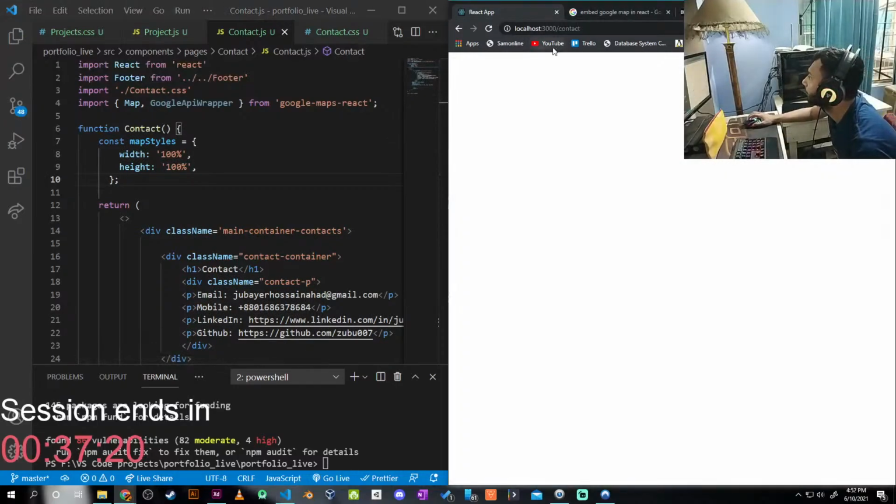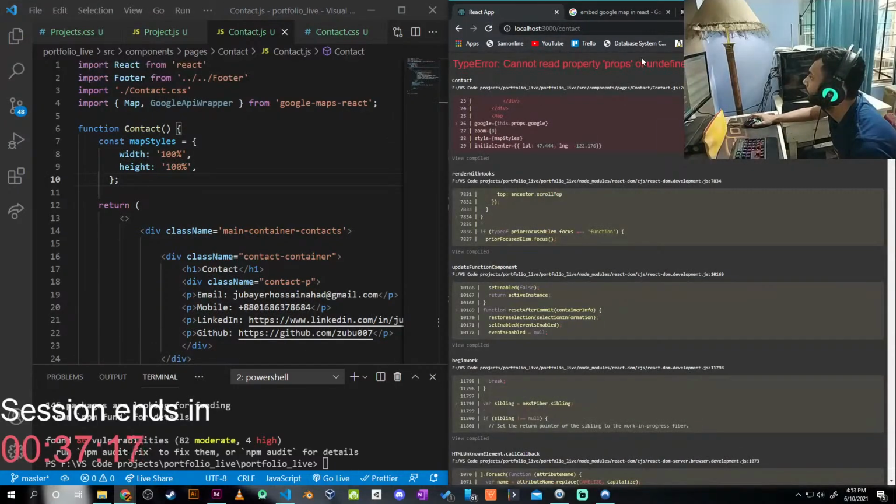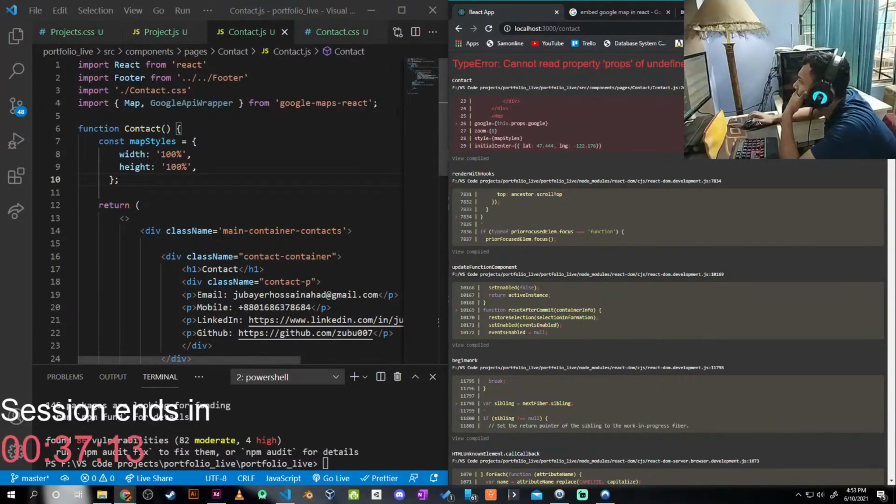So cannot read the props of undefined. This dot